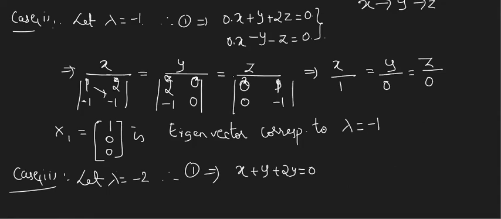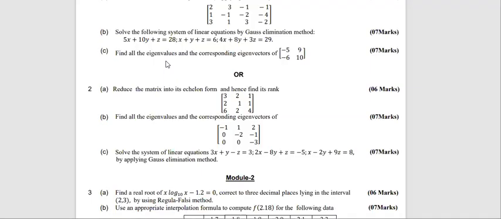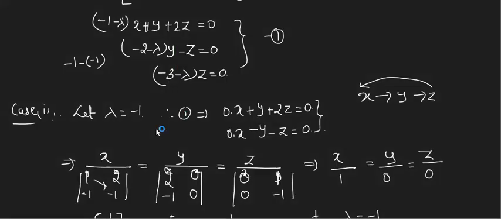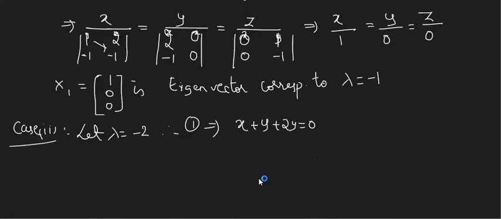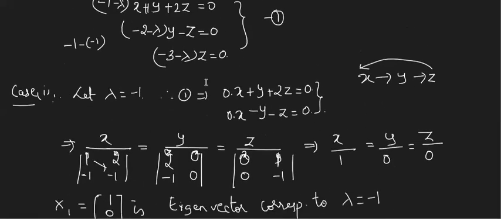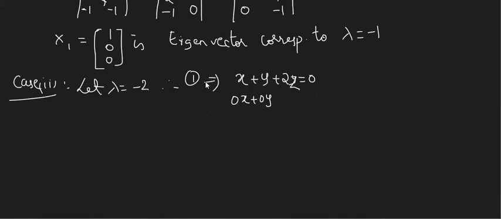Tell me the second equation. If lambda is -2, what happens? Only minus z equal to 0, means x and y both coefficients are going to be 0. So it is 0x, 0y, and sorry, this is z, no? Tell me what you said. Minus z only remains. Okay, let us solve it back in cross multiplication.